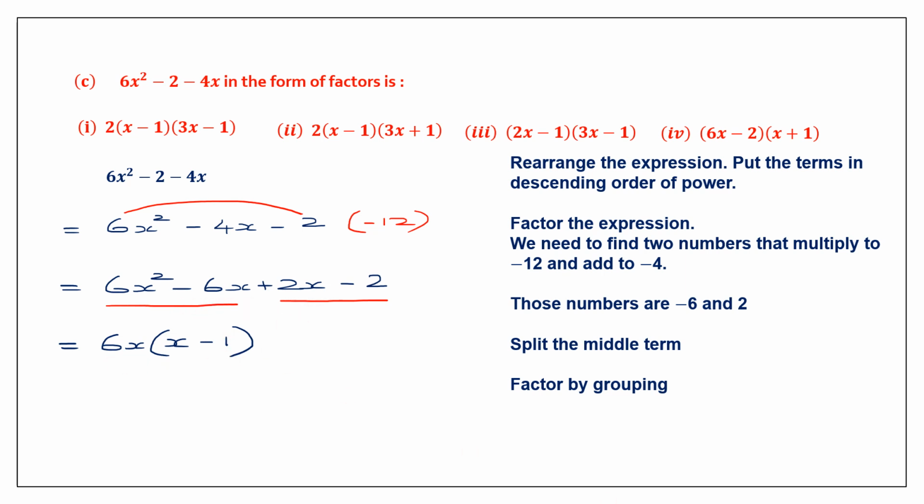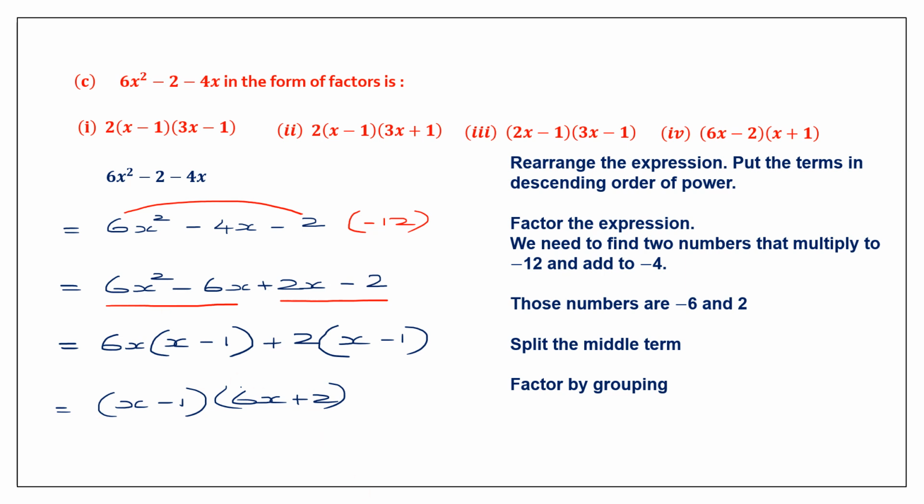Then here what do we have? We have plus, what is common? 2 is common, and within brackets we have x minus 1. How did we get that? 2 into x is 2x. 2 into minus 1 is minus 2. So we've got this. Now let's arrange them properly. So we have x minus 1, and we have 6x plus 2. Now here, if you look carefully, this also can be simplified further by taking out the common